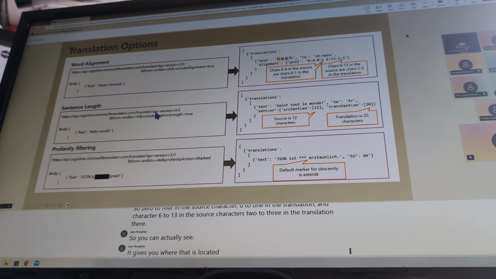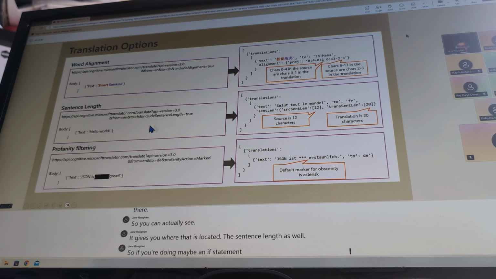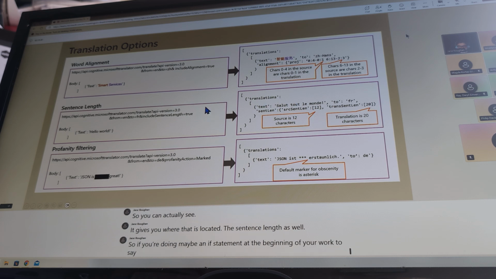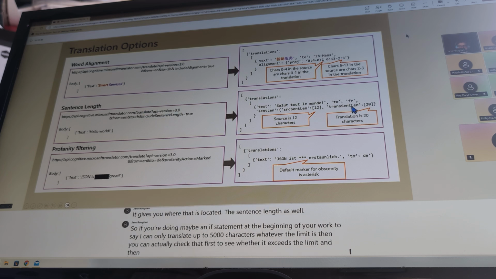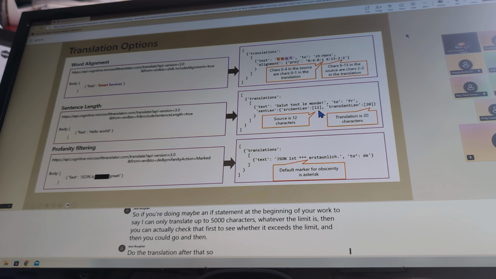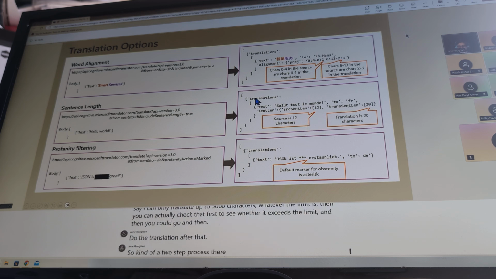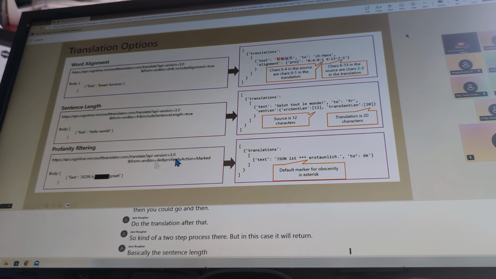The sentence length as well, so if you're doing maybe an if statement at the beginning of your work to say, I can only translate up to 5,000 characters, whatever the limit is, then you can check that first to see whether it exceeds the limit, and then go and do the translation after that. So kind of a two-step process there. In this case, it will return basically the sentence length. And there it's also translating from English to German,